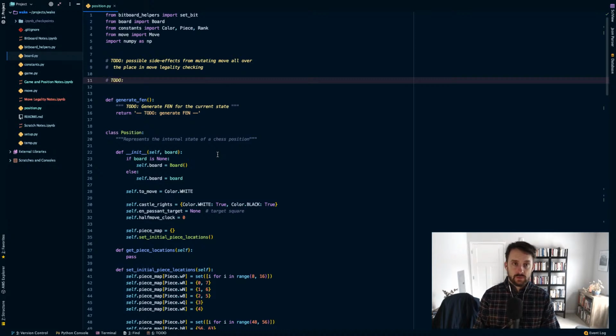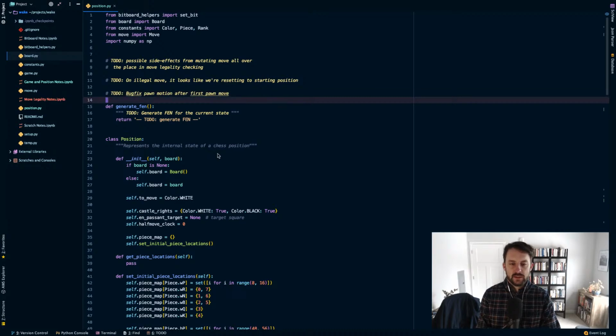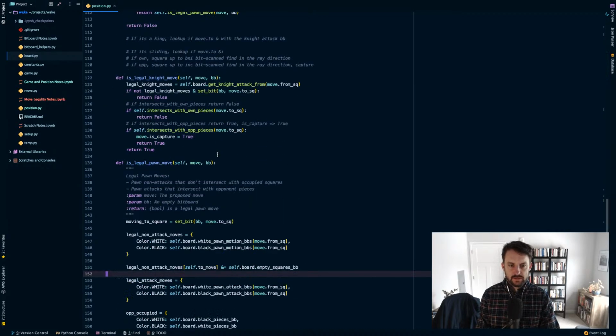To do: on a legal move, it looks like we're resetting to starting position, and then bug fix pawn motion after opening move. Right, I suspect it's after the first pawn move. So let's come down to